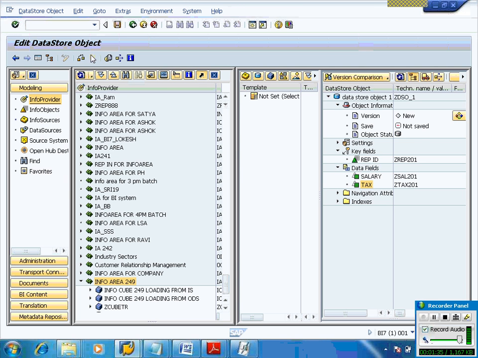Okay, activate this. In one DSO, I have salary and tax information.